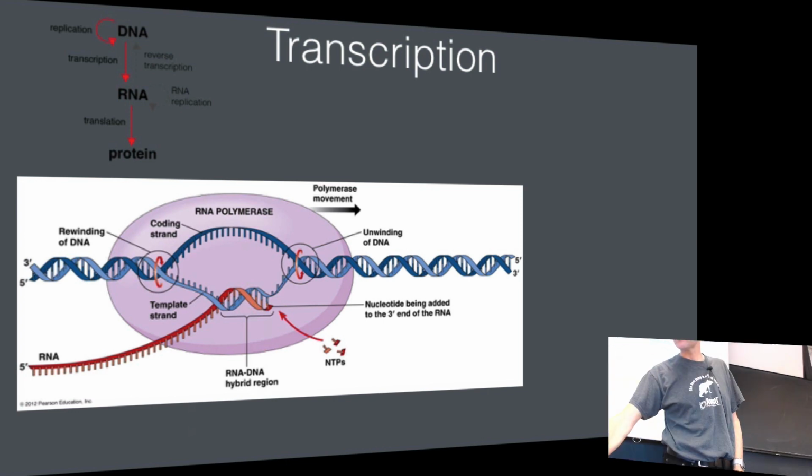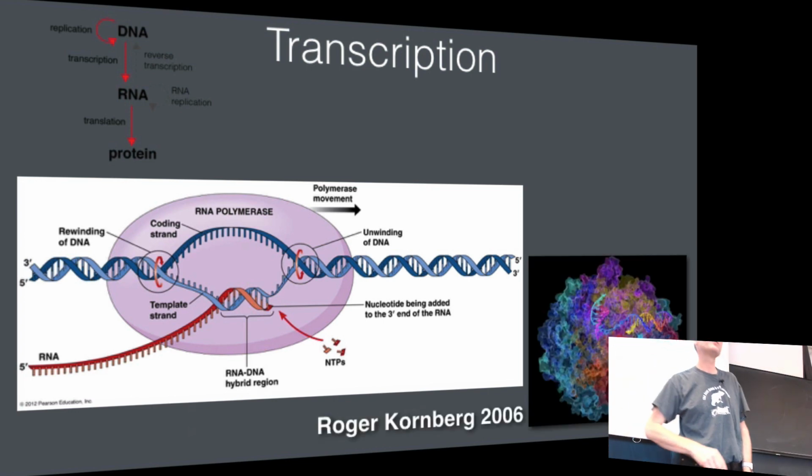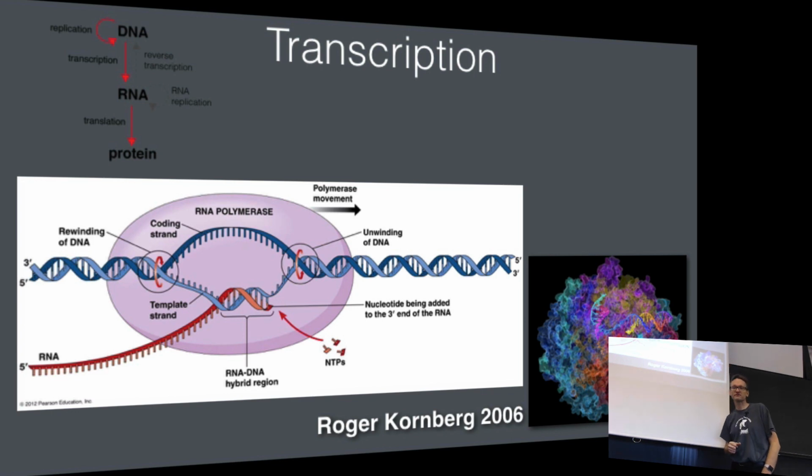This structure was finally determined at high resolution in the early 2000s by Roger Kornberg at Stanford. It's quite fun because I was a postdoc in this department in a different lab at the time. And of course, around the year 2000, they were all working so hard on getting this structure. It's a completely different way of looking at this while it's happening, because people had no idea whether they would be succeeding. They had spent 20 years going after this structure, and nobody knew whether they would be successful.